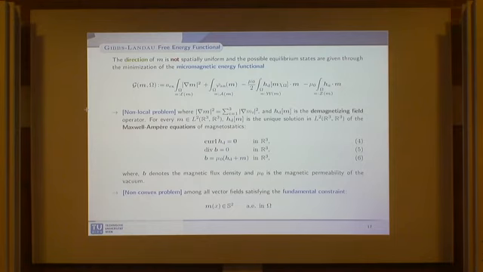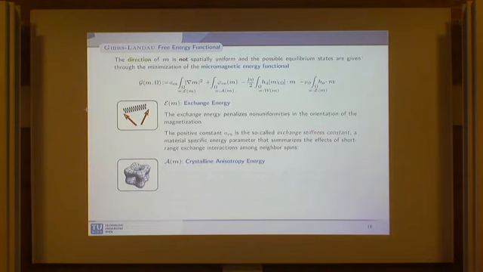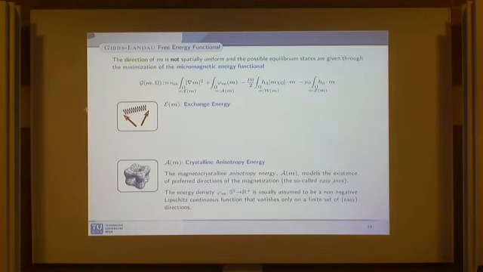As soon as you fix the temperature of the ferromagnet, you can assume that your magnetization, after rescaling, just takes values on the unit sphere. So the non-convexity comes from this constraint. And then let me briefly describe what these terms are. This is a classical term that you also have in the last talk. So this is the exchange energy, and it penalizes non-uniformity in the magnetization texture. Then the second term in red here is the crystalline anisotropy energy, and it models the existence of preferred directions of magnetization in the crystal.